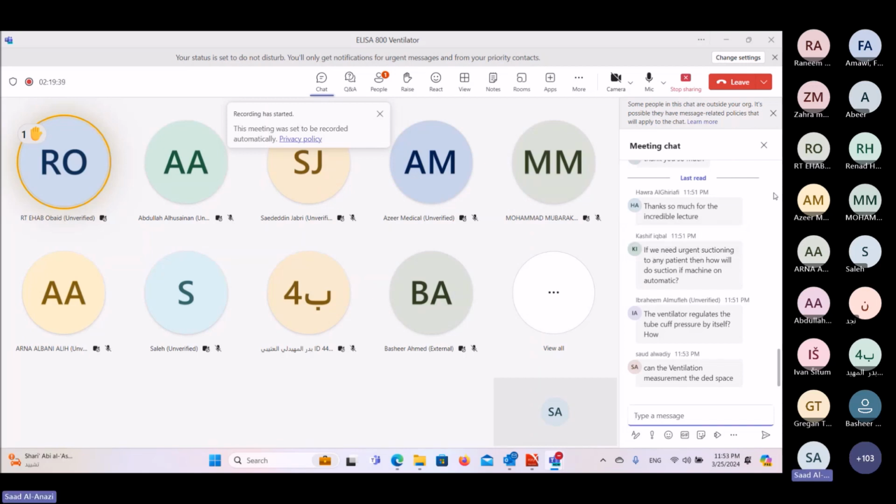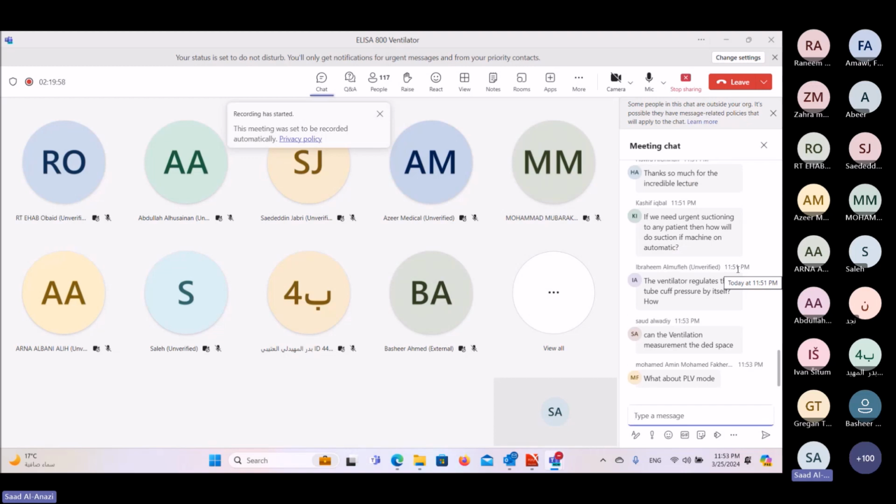There is one question: if we need urgent suctioning for any patient, how will we do suction if the machine is on automatic? No, you have two ways of suctioning. You have automatic suctioning, and you have manual. You can stop the suctioning anytime, so it's only open for you. The option is controlled only by the end user. You can do the suctioning automatically or manually, or you can stop the suctioning procedure at any stage and